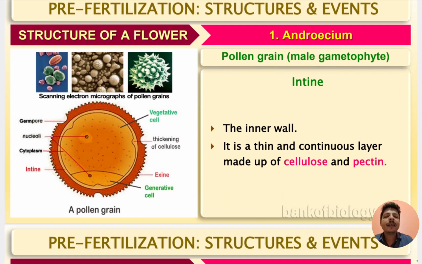Coming to intine, here you can see the inner wall is called intine. It is a thick and continuous layer made up of cellulose and pectin. So the intine is made up of cellulose and pectin. Remember,